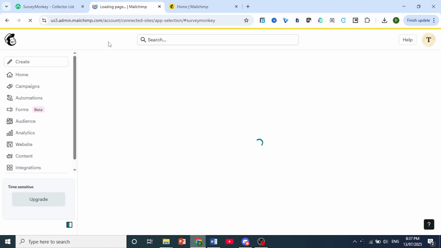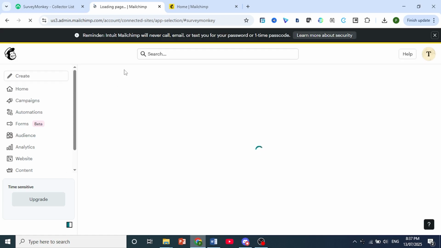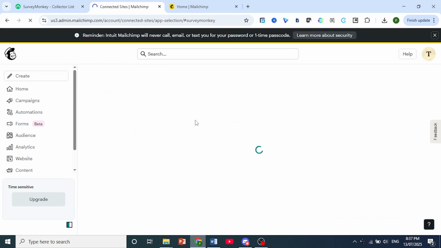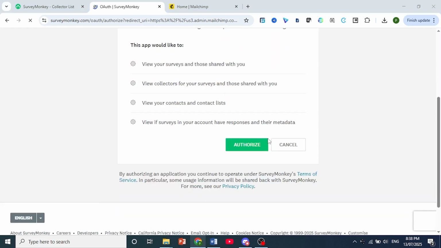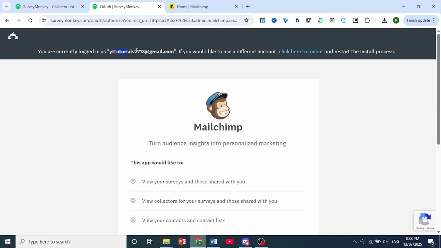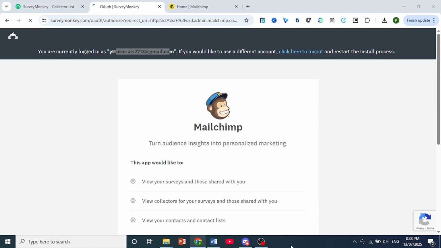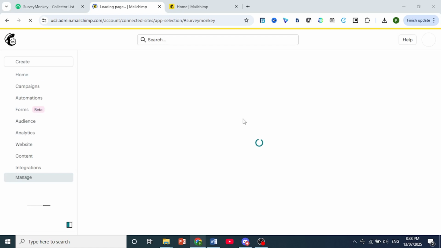Mailchimp. Just make sure you're logged in, and here in Mailchimp, I want you to scroll down, click on connect right here, as you can see, and then I want you to just go ahead and scroll down, click on authorize, right? Just make sure you're logged in, click on authorize, and it will redirect you to this page right